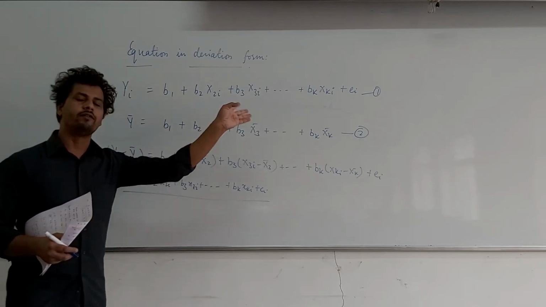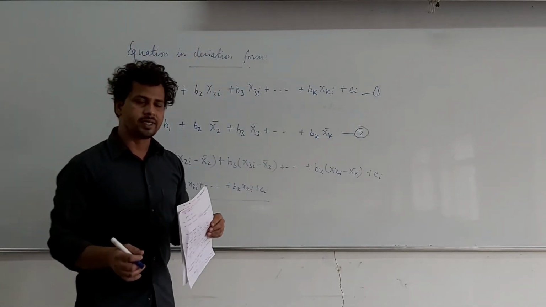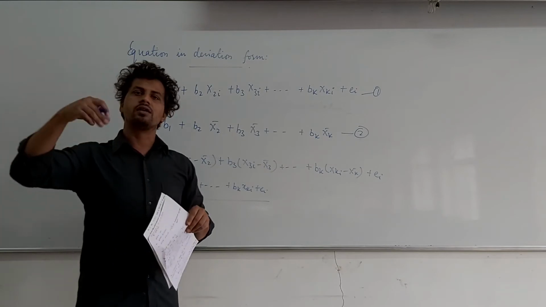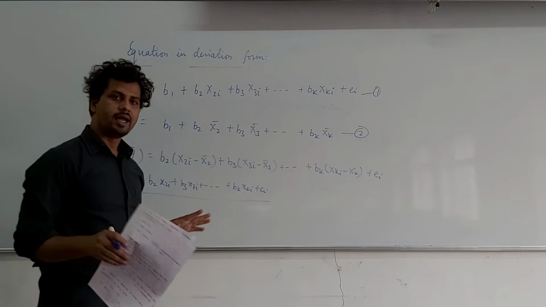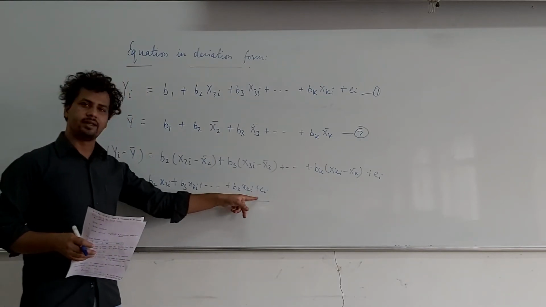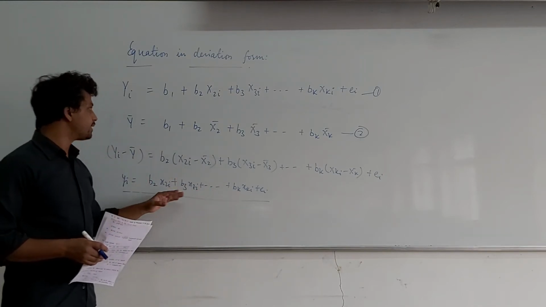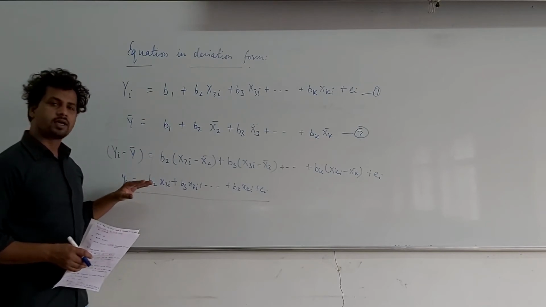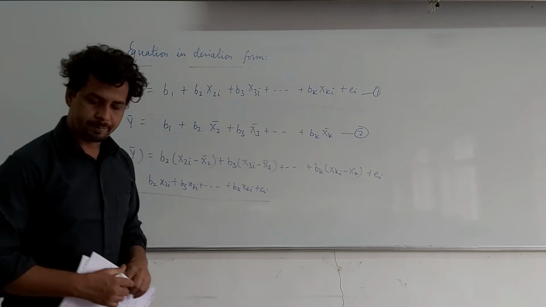So the intuitive meaning is that if you have done data collection, and converted all the raw observations into deviation observations, then you are trying to run the sample regression line for the population regression function that you have assumed to exist. So an equation in deviation form is written in this form. You must remember that the coefficients remain the same in both forms of equations. Equation in deviation form does not contain any constant term. Okay.